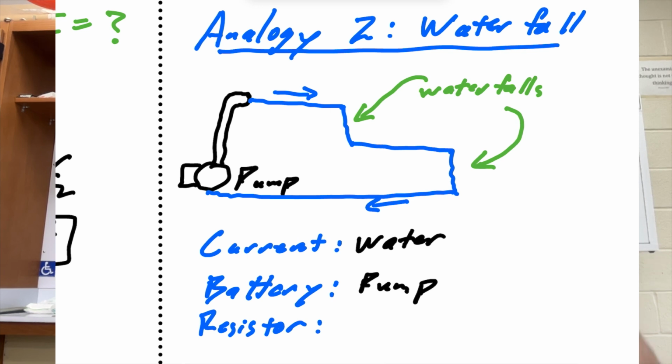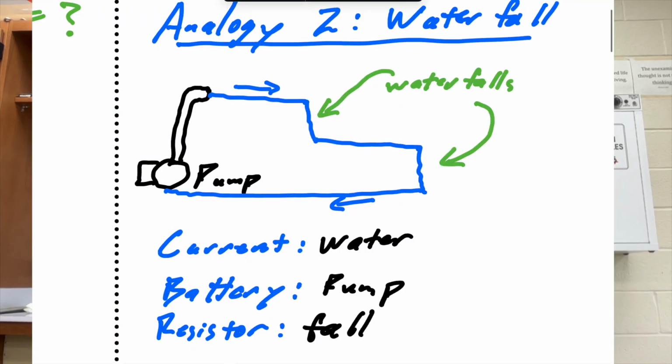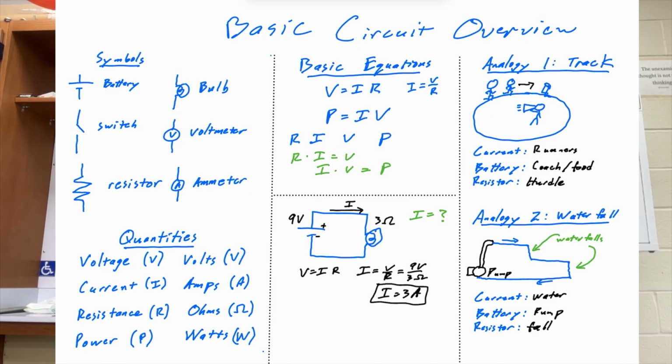Okay, and then as the water goes along, it's going to fall. And as it falls, it's using up energy. And then that energy could be used to do something, like to power a water wheel. And then that's like in the circuit, those drops of potential, that's what happens across a resistor or a bulb or a little electric motor or something like that. So the resistor is the waterfall as the water comes down. So that is all together very, very basic